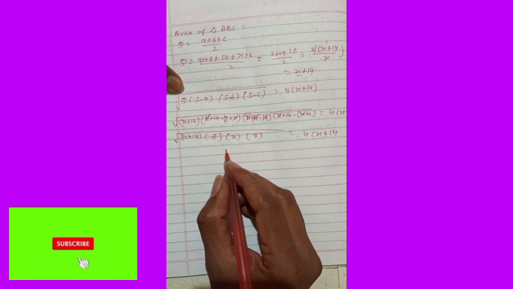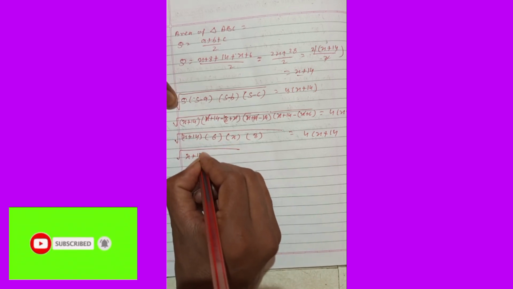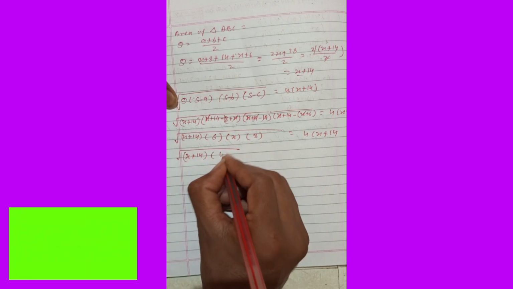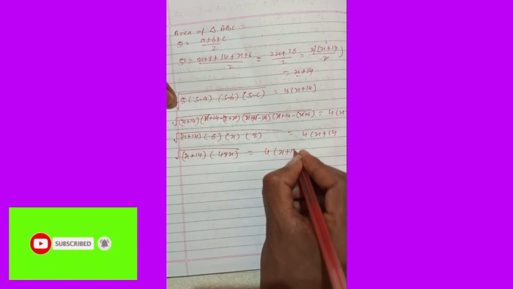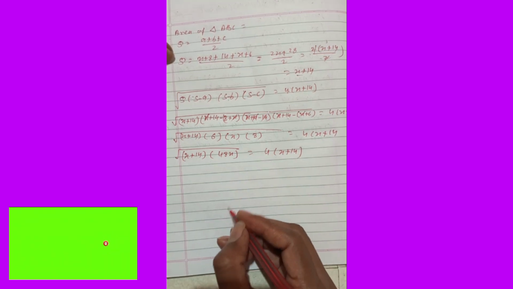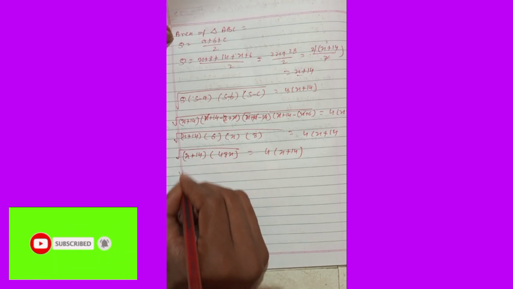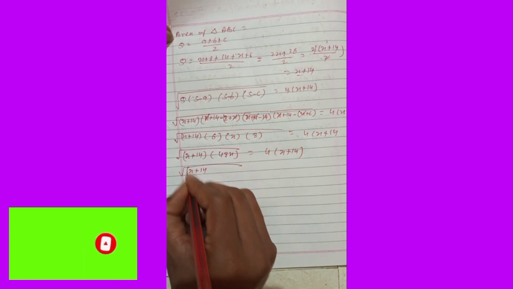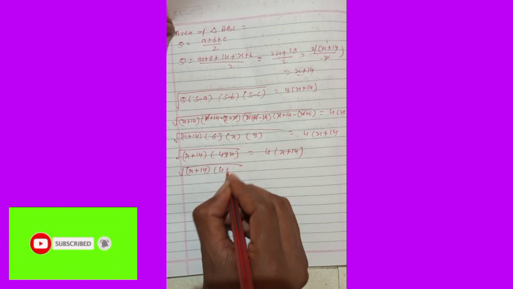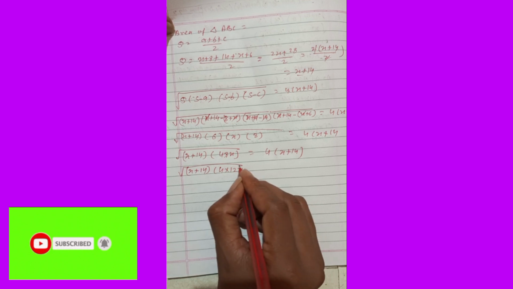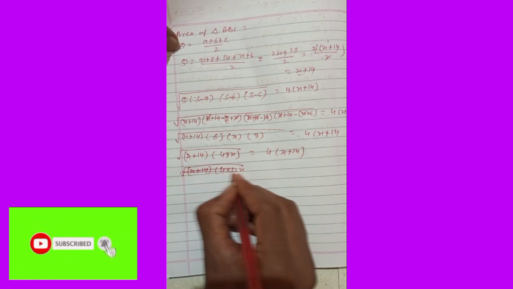Now we can write in that way, this one: root of x plus 14 into 48x is equal to what? 4 into x plus 14. Now in that we can take the two, in that I can write it like this, x plus 14 into this one. Okay, this can write 4 into 12 x. Can be written or not? Okay, no problem.